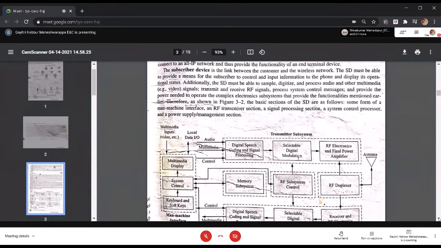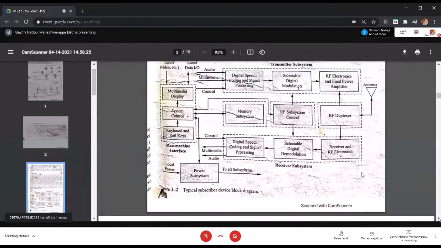So some high-end digital signal processors will be used. Then we convert that signal into a form of zeros and ones. That is by using any digital modulation technique, we modulate the signal. So obviously this is a wireless communication technique. We are going to use an antenna to transmit the signal. So this entire thing we call a transmitter system.